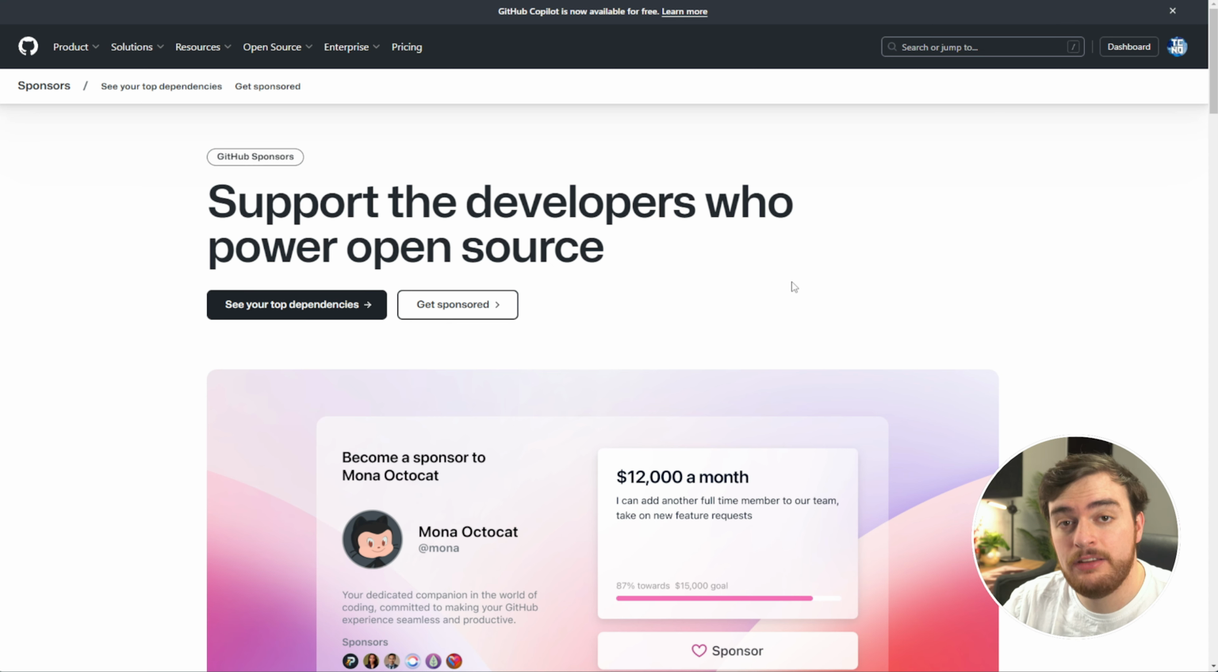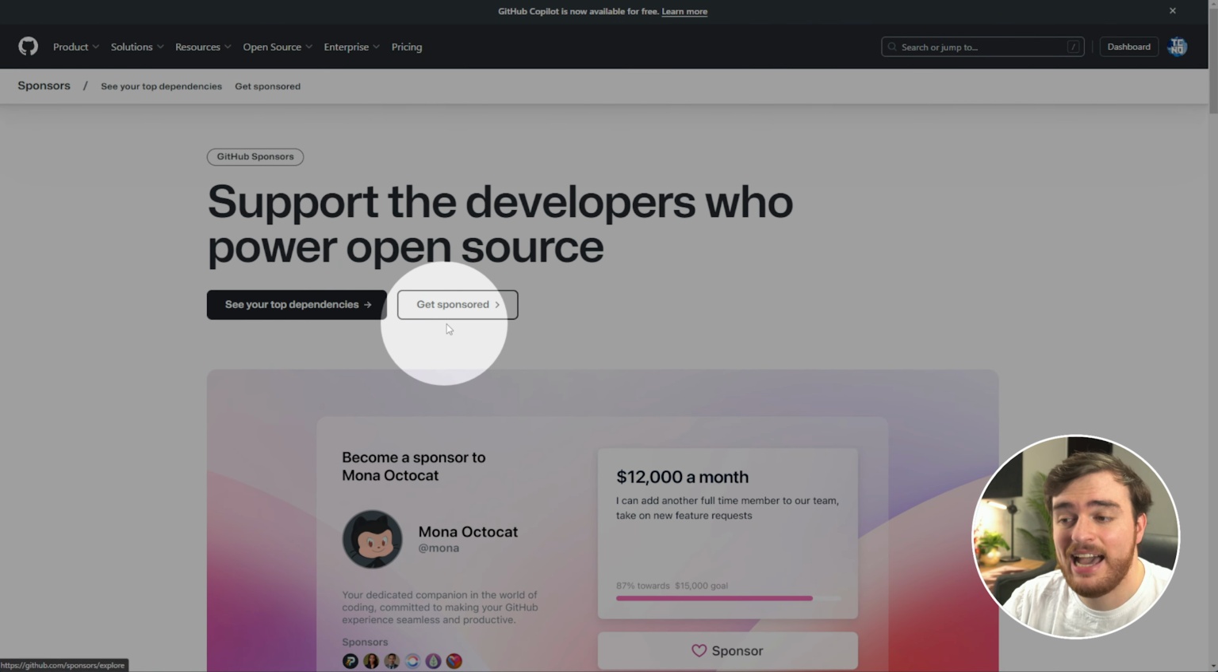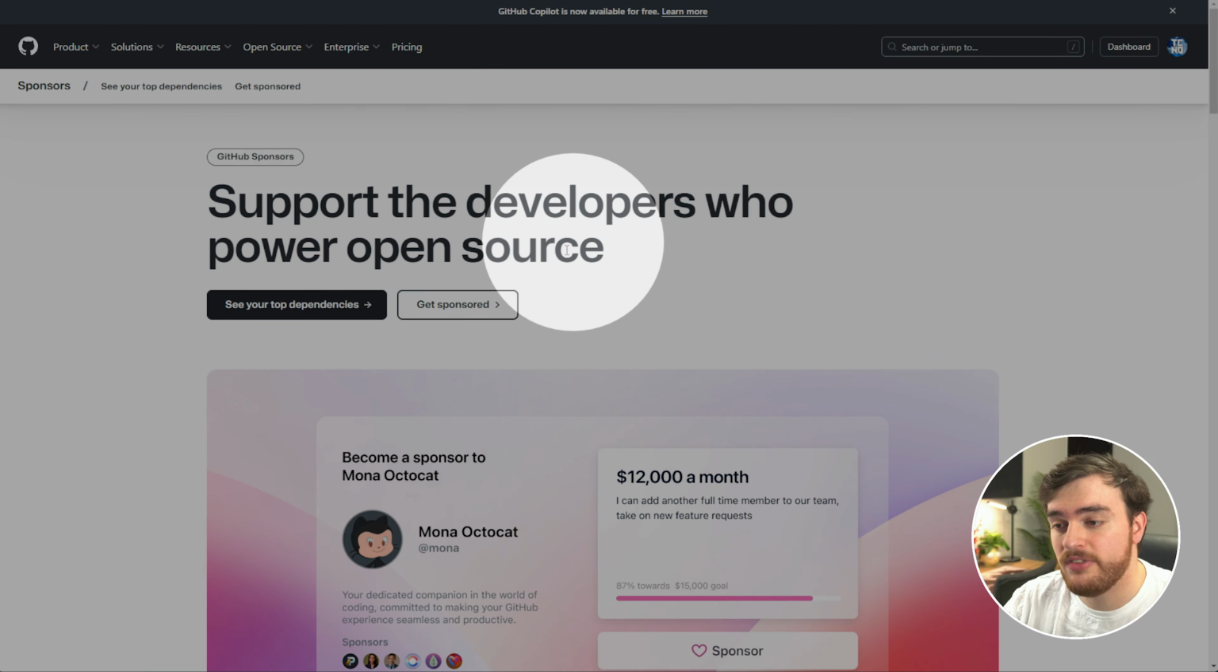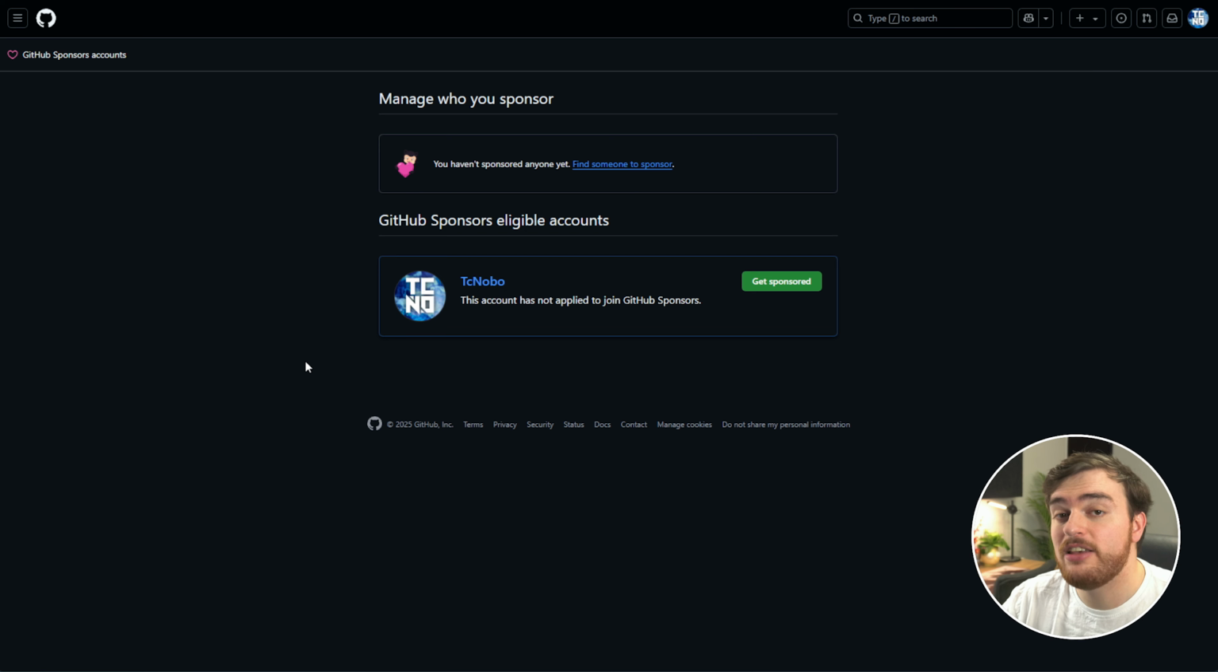Head across to the link in the description down below or github.com/sponsors and make sure you're signed in. Here you'll see two different buttons, See your top dependencies and Get sponsored. This left button shows you which dependencies your projects rely on. From here you can sponsor creators and support the open source ecosystem, but we're more about actually earning money. So in order to do that, use the Get Sponsored button instead, which takes you to